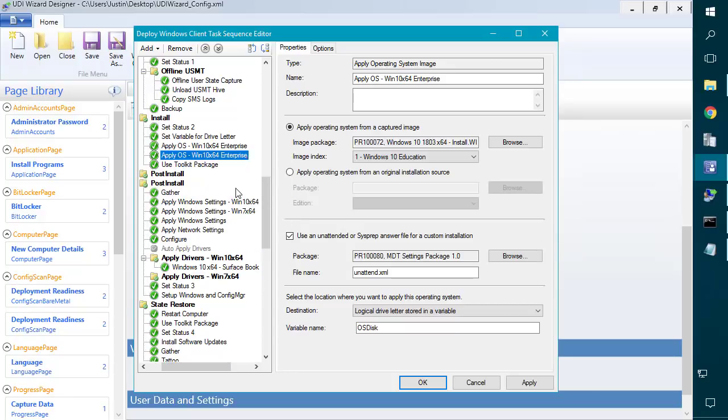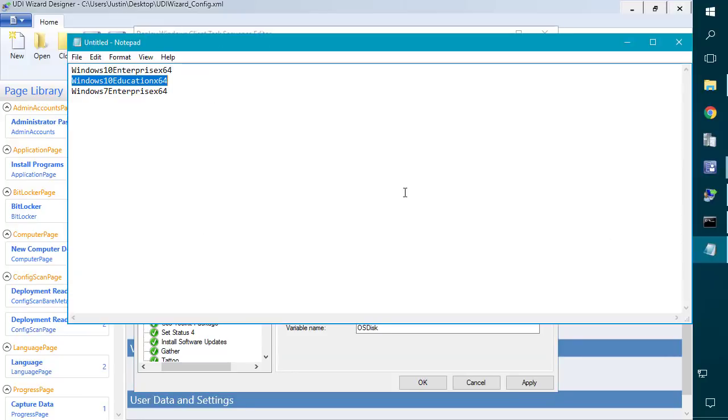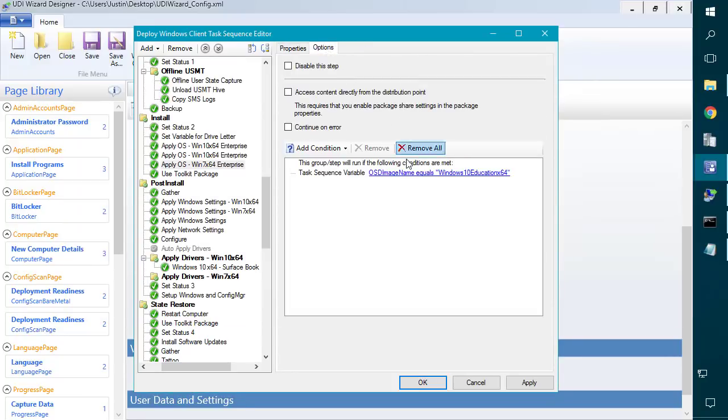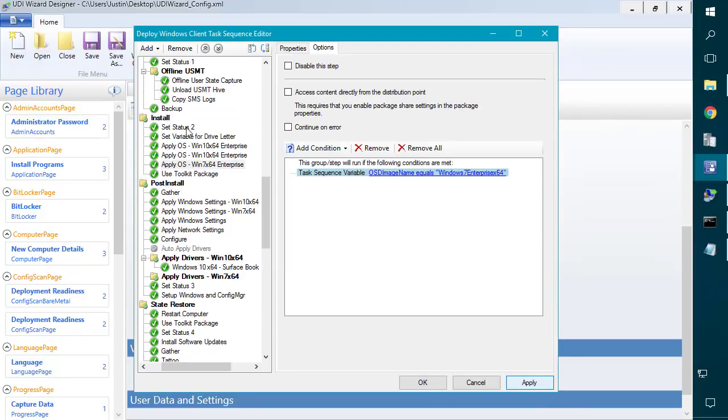So I'm going to copy this one, paste in that, and we're just going to rename this one for Windows 7. So Windows 7 Enterprise. We're going to browse out. I'm going to select my Windows 7 image, and then we're going to copy our variable name and overwrite that existing one. So we can see here that we've got